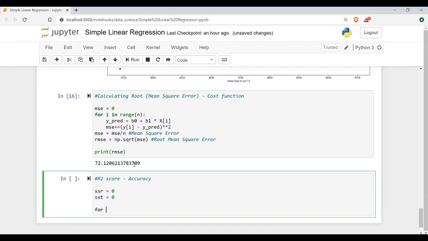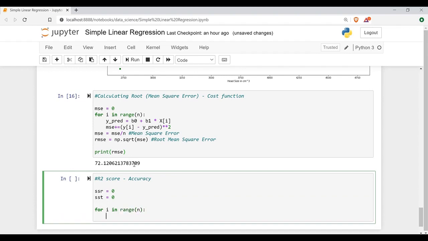So for i in range of n, the total number of records, as we are doing summation, the y pred values would be b0 plus b1 into x of i.